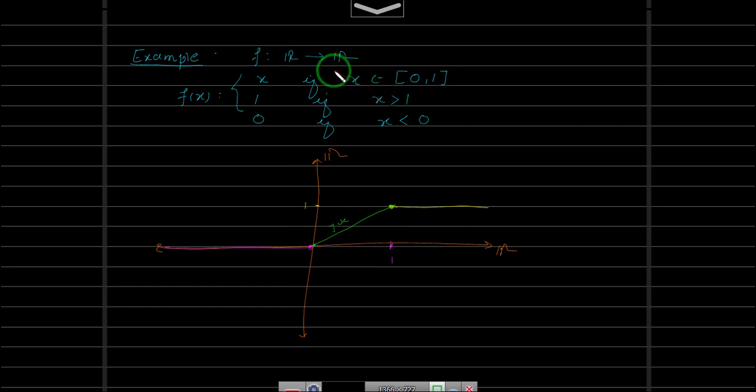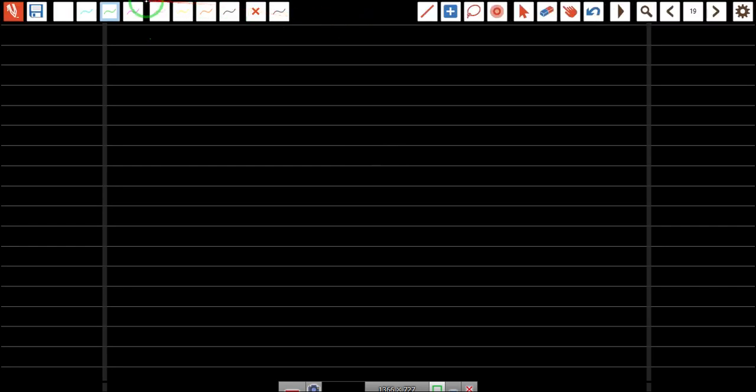The exercise is to check whether this is an open map or a closed map. Otherwise, I can also say, check whether this is a homeomorphism. Of course, this is not a homeomorphism, but you give the explanation for that. And check whether this function is a continuous function. Okay, let us take one more.